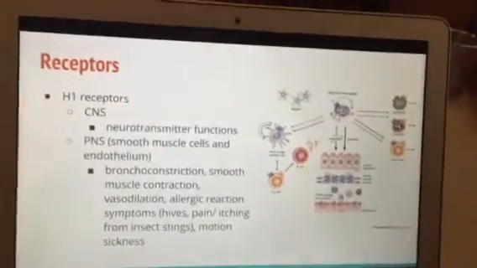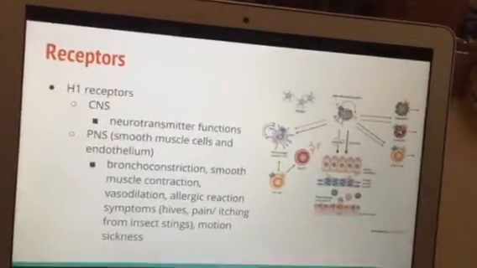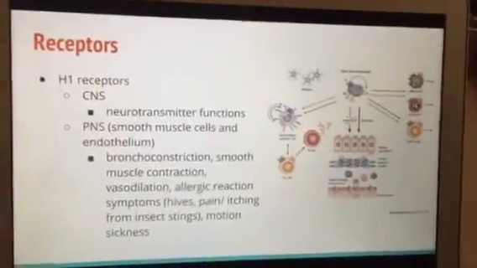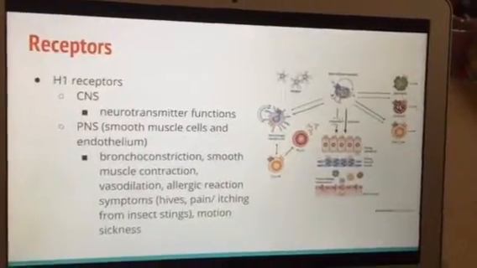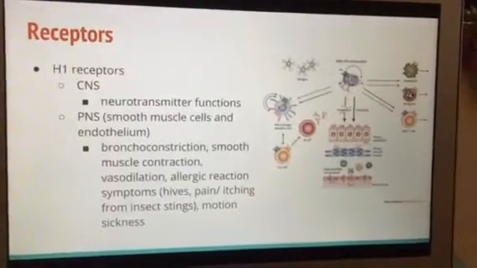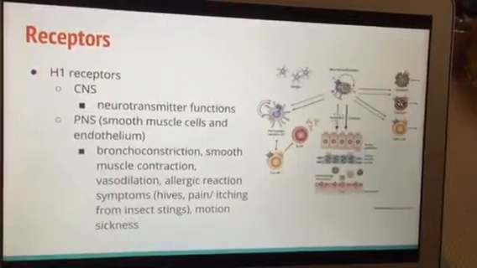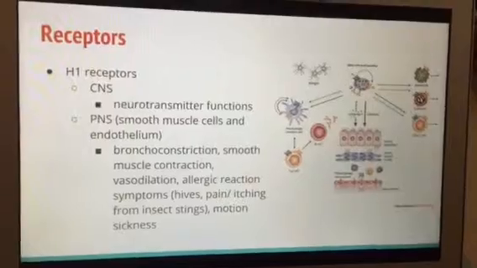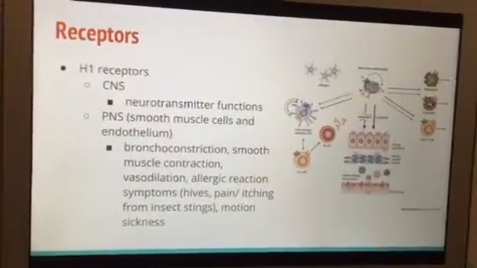Okay, so as I've said, there are 4 histamine receptors. They're aptly named H1, H2, H3, and H4 receptors. H1 receptors in the central nervous system play a role in all of the neurotransmitter functions that I previously mentioned. In the peripheral nervous system, it is found in smooth muscle cells and the endothelium, which are part of blood vessels, and the H1 receptor can play a role in such things as